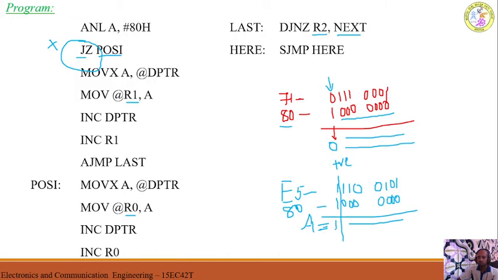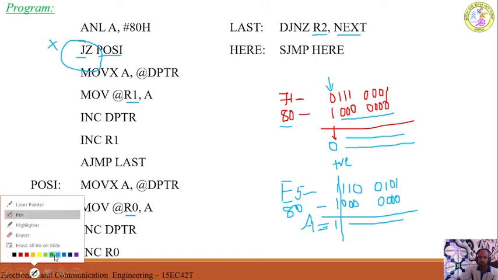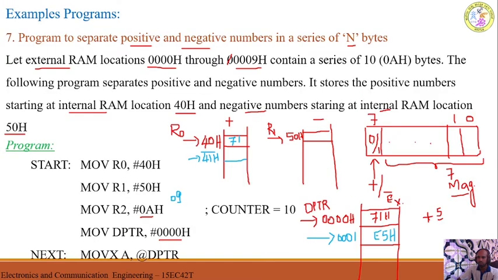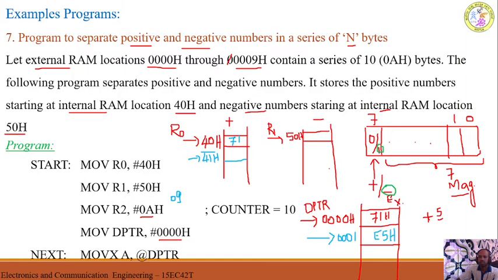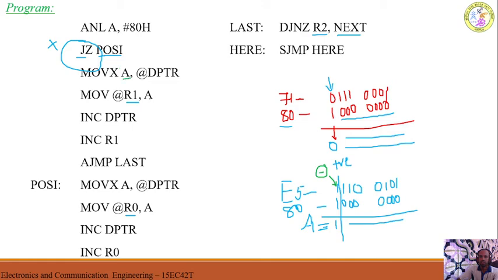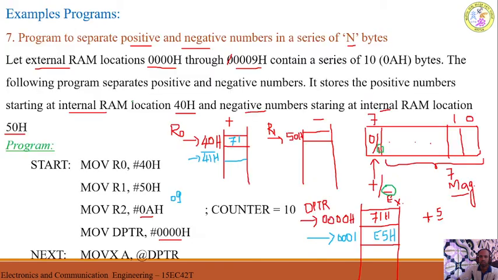If it is not equal to 0, what does it mean? It means that the number is a negative number. See here, 1 is there. So if the MSB bit is equal to 1, as I have already told you, then the number is a negative number. If the MSB bit is 0, then it is positive. Earlier we got a positive number, whereas in this case, this is 1. Therefore, it is a negative number. Therefore, take E5 again to the accumulator register and from the accumulator copy it to